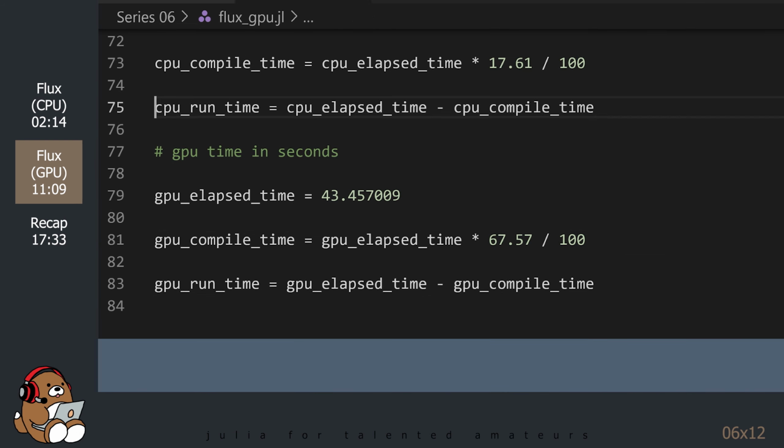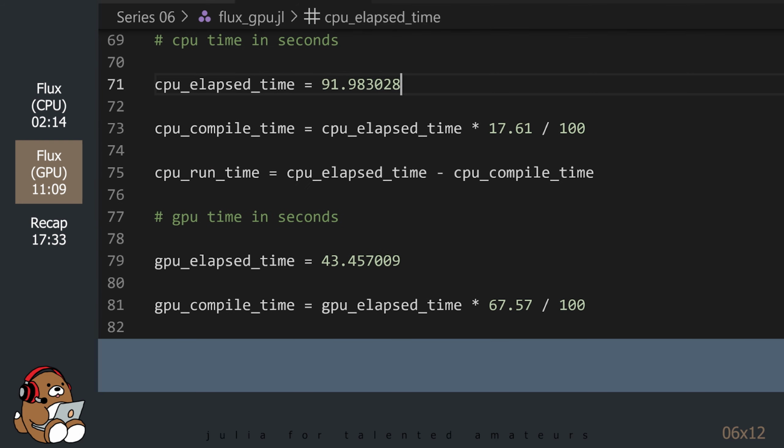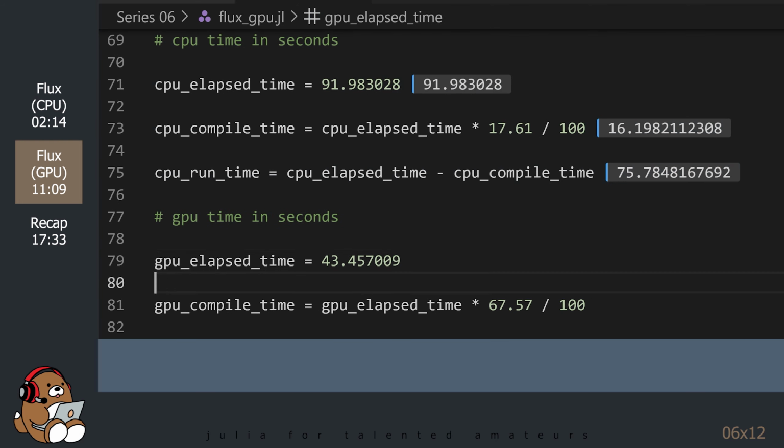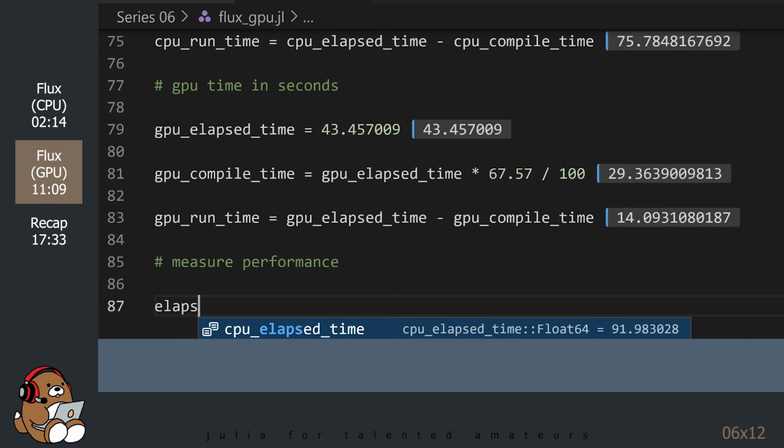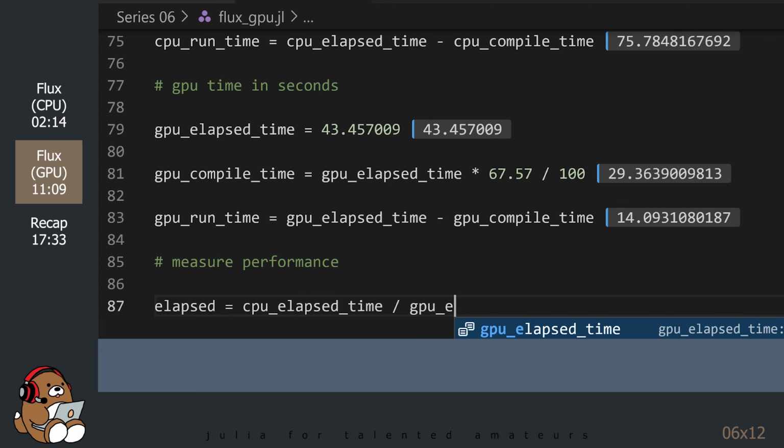And then run each line of code for both the CPU and the GPU. Finally, let's measure the performance between the CPU and the GPU.